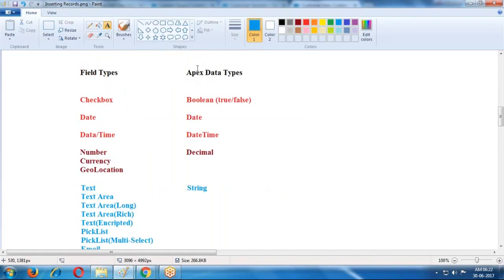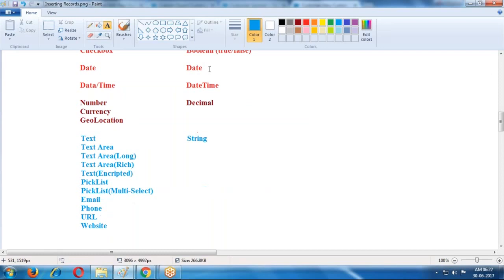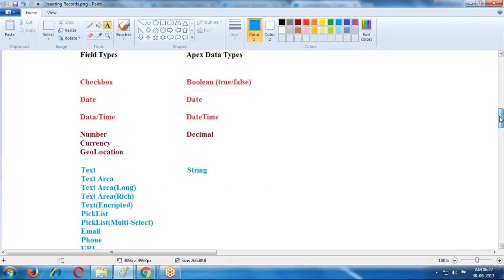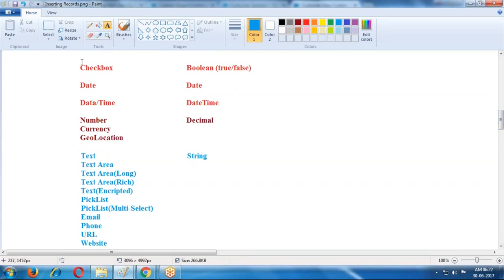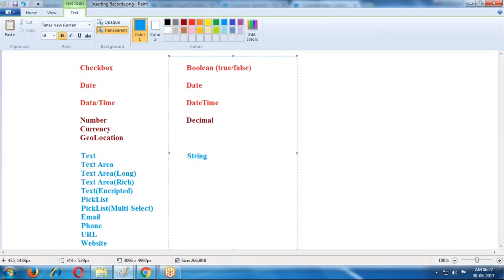So these are the data types it uses programmatically if you want to insert into these fields. If it is a date, we use the Date object; if it is a date time, DateTime. For number, currency or geolocation, decimal values are used. For text area and the like, string type of data is allowed.